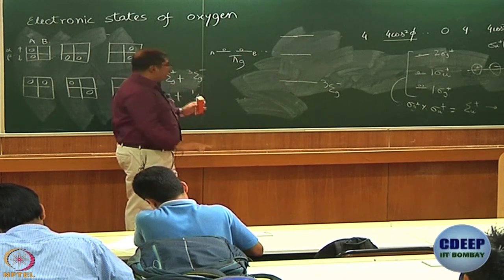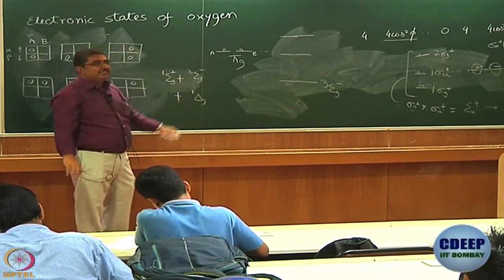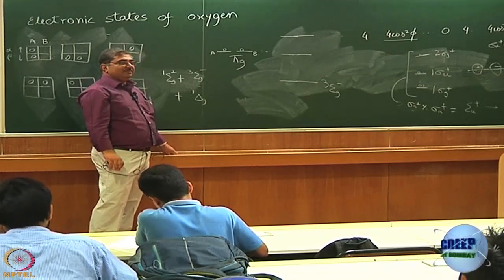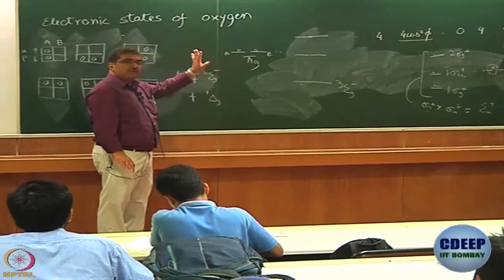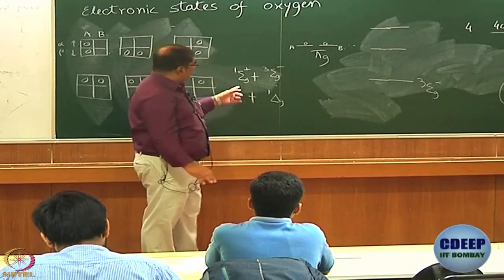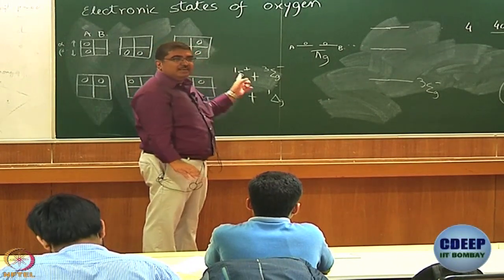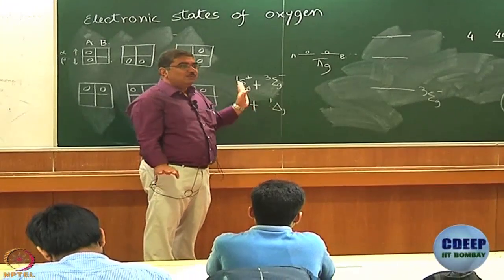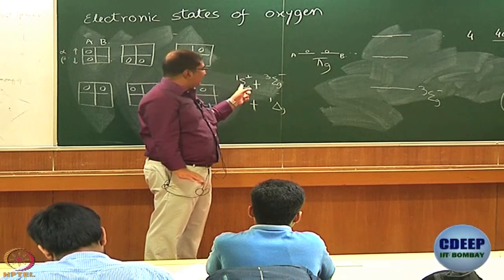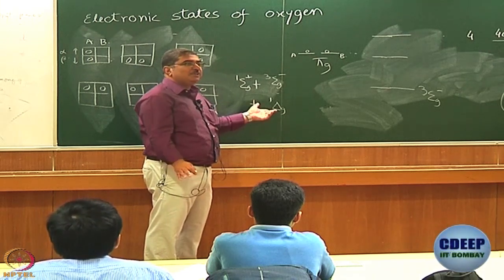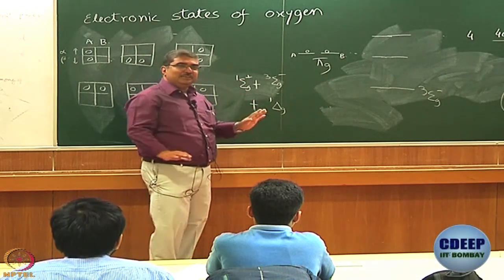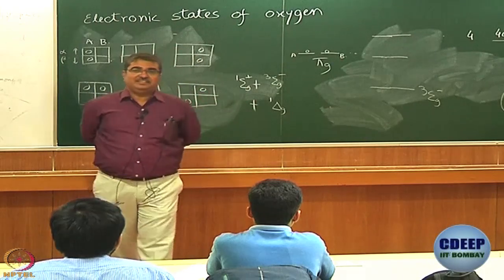What will be the second lowest state or second highest state? In this case they are the same, and what will be the highest energy state? First, what have we used so far? To identify the lowest energy state, we have used Hund's rule. Now, if you look at the other 2, both are singlet, sigma and delta, both are singlet. Now, Hund's rule will not work. What will I use then? This is singlet, this is also singlet. Do they have same energy or do you expect them to have different energies? Different energies. That we can even tell intuitively. Which one should have lower energy and why?